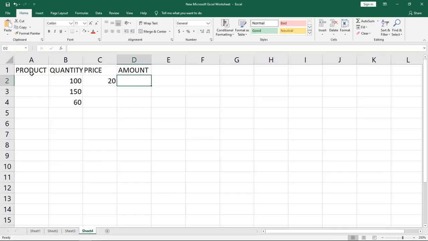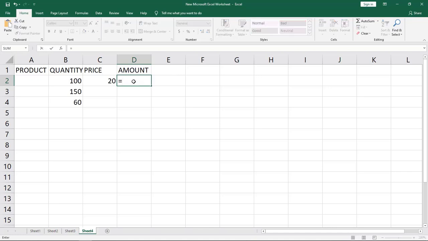Here I have entered some data as it is given in the book. In column A I have written product, in column B quantity, in column C price, and in column D we'll find the amount using absolute referencing. Just observe the formula.